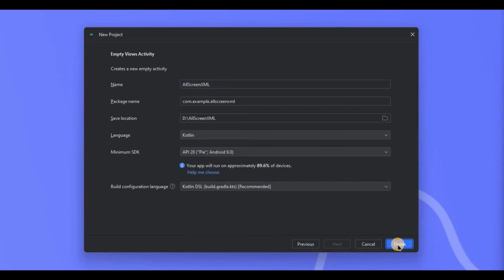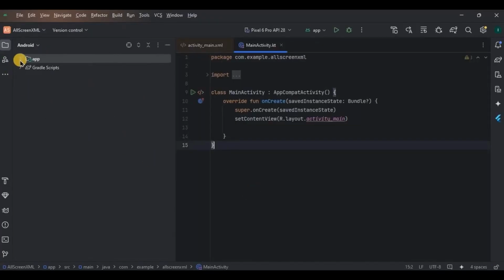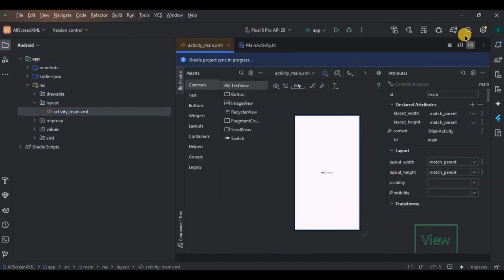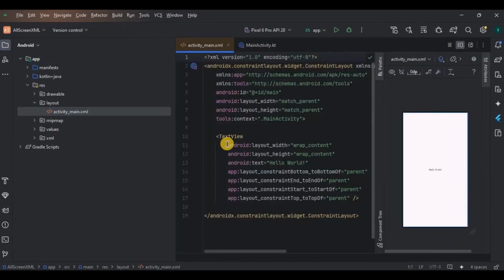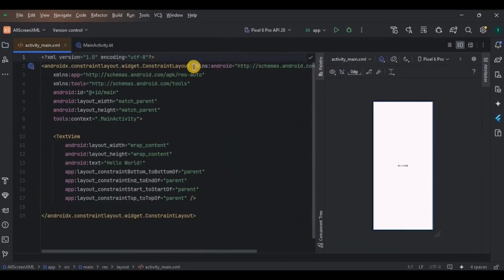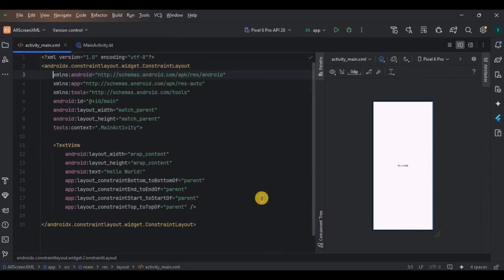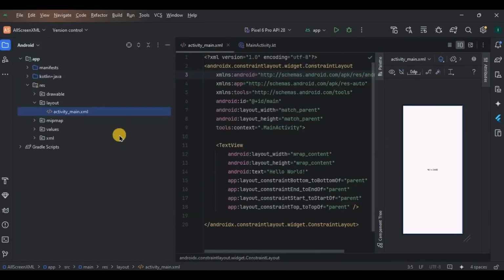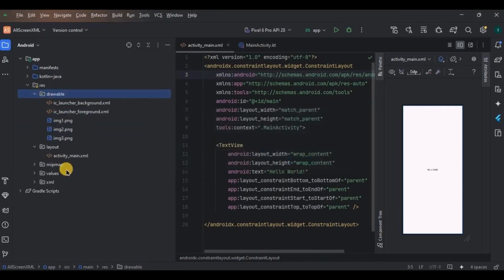I have segregated the video in two parts, the one without supporting all screen sizes and the second with supporting all screen sizes to show you the difference. Got it? So let's see the first part where we will simply write a code without any support like how we usually write the code. Go to activity-main.xml. Here we will create a simple layout just for an example where we will have 3 images vertically. So let me quickly add the images and done.